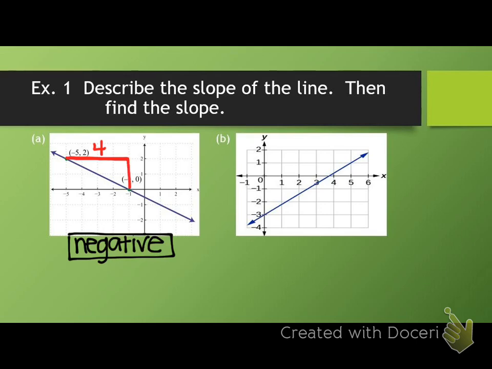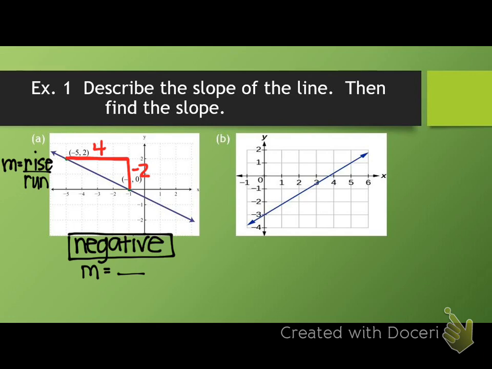Now, how many spaces down did I move? 2. And I went down. So what kind of 2 is that? Negative. All right. If I'm going down on a coordinate plane, that is a negative direction. Now, based on our definition, slope is equal to rise over run. So all I have to do is figure out which of those numbers is my rise and which of those